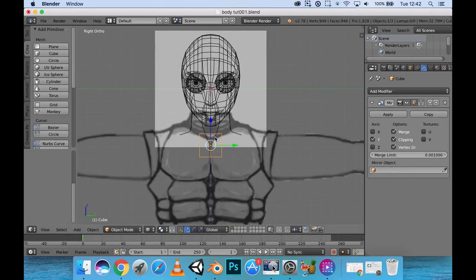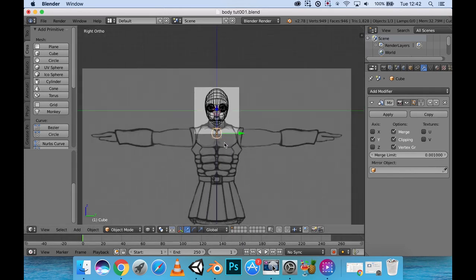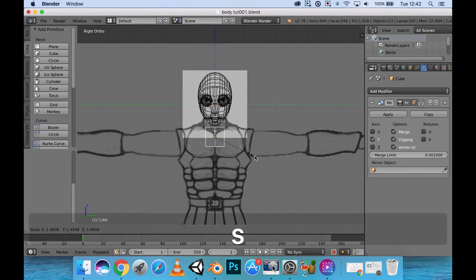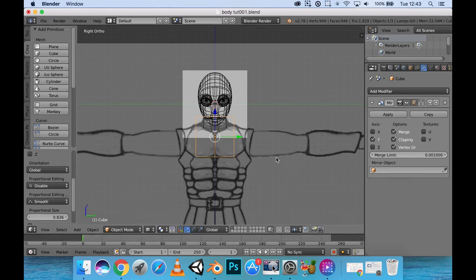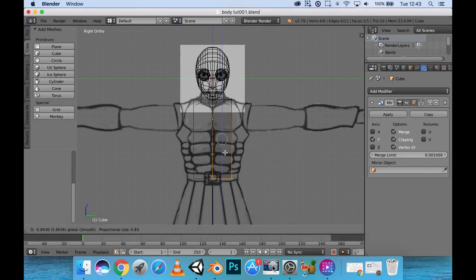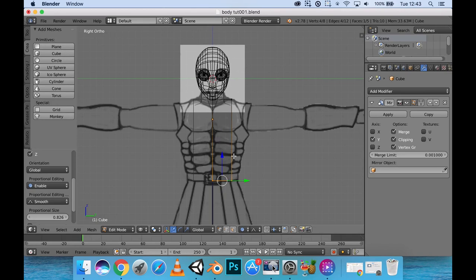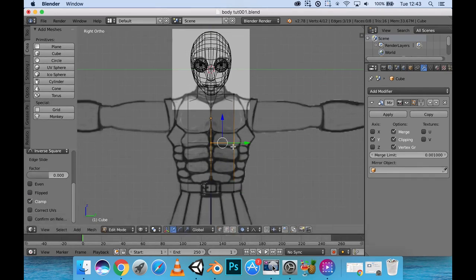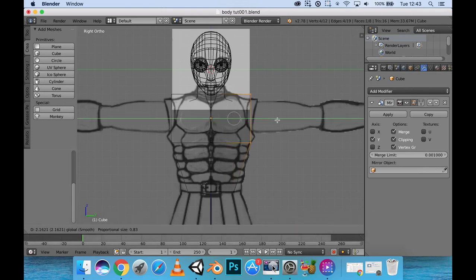With that done, we can do the simple basic blocking of our character. I'm going to scale this up, about this much or so. Let's push this down, get the shoulder areas. Go back in edit mode, select the vertex, grab the bottom vertexes here, so we get the shape of the waist. I'm going to add in an edge loop here. Let's deselect, grab the side vertexes here, and shape it so that we get this diamond shaped